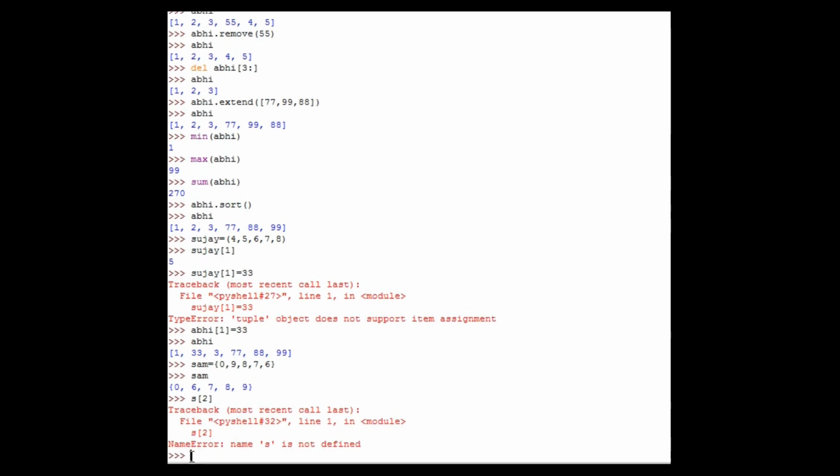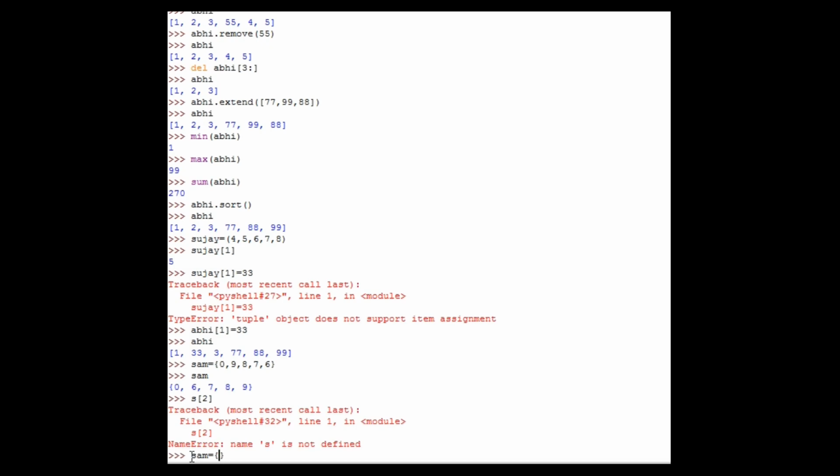Previously, I told you that the set doesn't maintain a specific sequence. That's the exact difference between the set and the other two, list and tuple. So now I'll prove why and how it will not maintain a specific sequence. Let's do this same Sam. Sam is equals to, you need to give the flower brackets because it's a set.